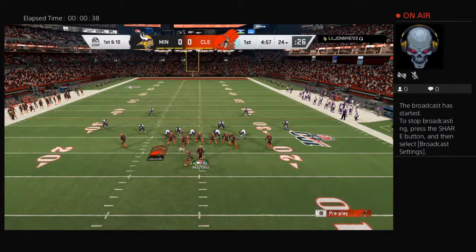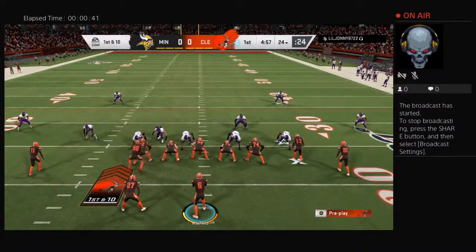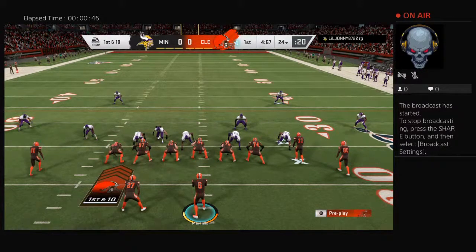Check. Watch 54. Let's go. Let's get this ball back for the offense. Let's go. Pick the edge. Go. Mike 5-4. Mike